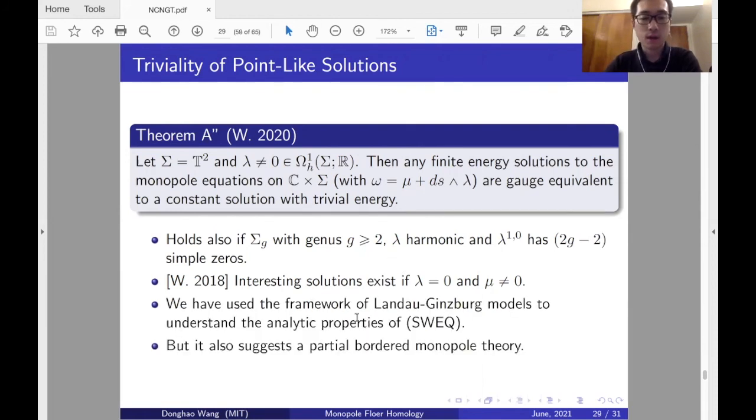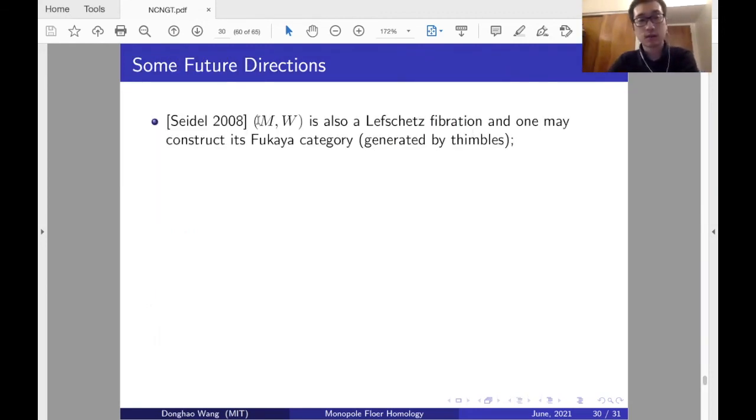So far, we have been using the framework of LG models to understand the analytical properties of the gauged Witten equations. But there has been extensive literature in understanding the symplectic nature of LG models, and some of them actually suggest a partial bordered monopole theory. So in the last part of this talk, let me point out a few future directions and put everything into a broader context. According to Seidel's work, since each LG model is also a Lefschetz fibration, one can construct